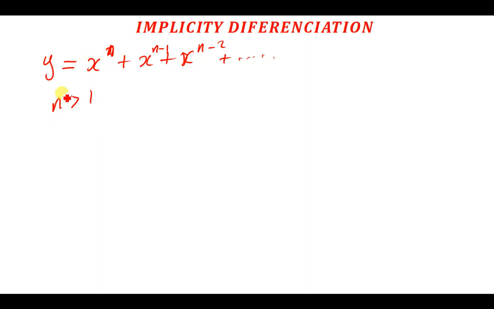Now for implicit equations, or implicit differentiation,